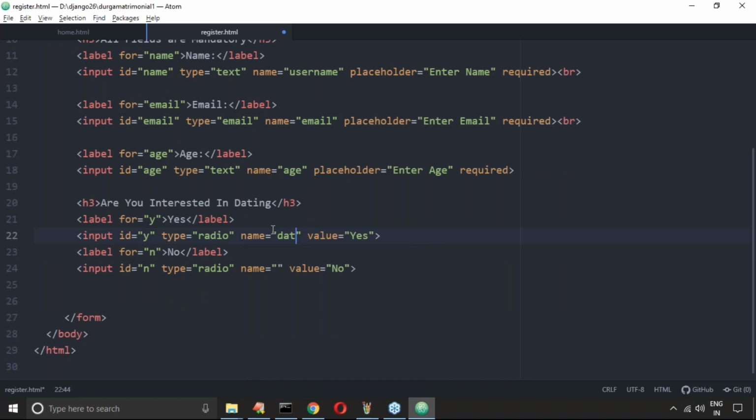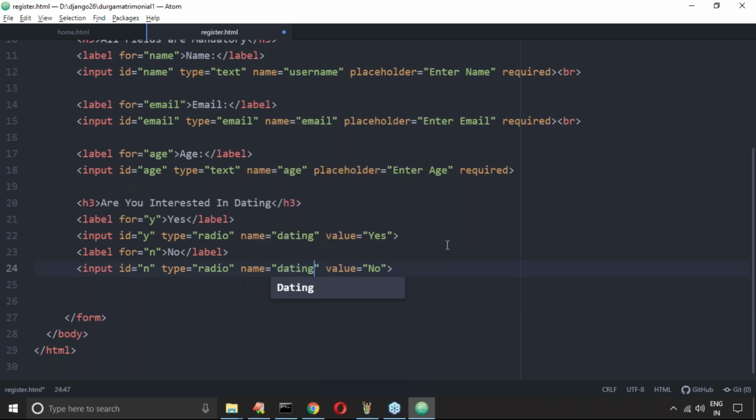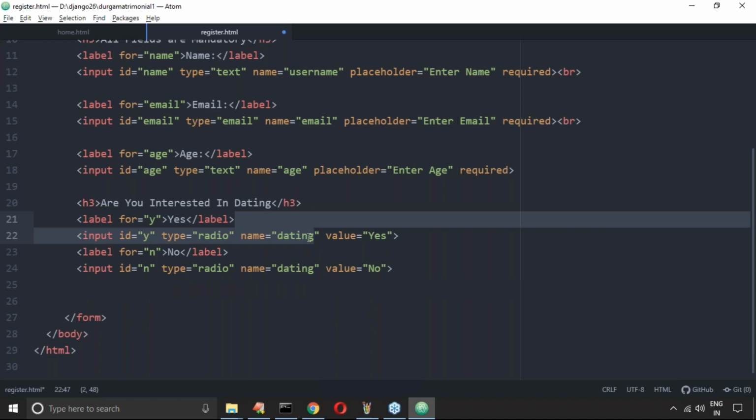Here name dating, and here also name is dating. Then automatically both the radio buttons belong to the same name. If you select the first one, you can't select the second one. If you select the second one, you can't select the first one. Exclusively only one option will be selected.